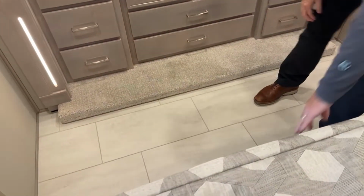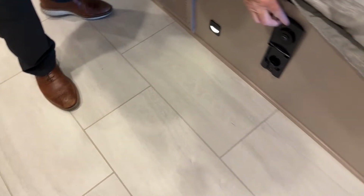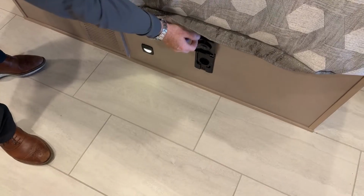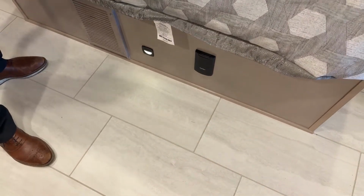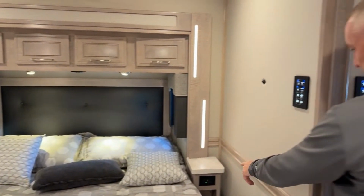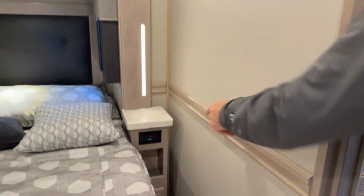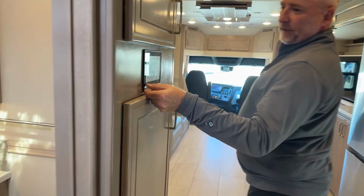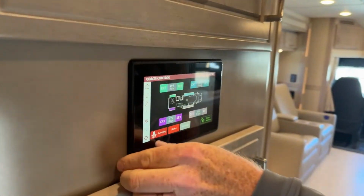If you look on this side of the bed, you're going to have the vacuum, so all the hoses and everything that were out back, outside, you plug it in there. It will turn on. And you can go to the very front of the coach. So again, more 110 USB-C ports, controls everywhere throughout the coach. And then on this Firefly system, like I was telling you,